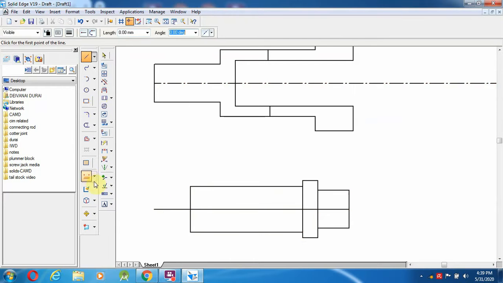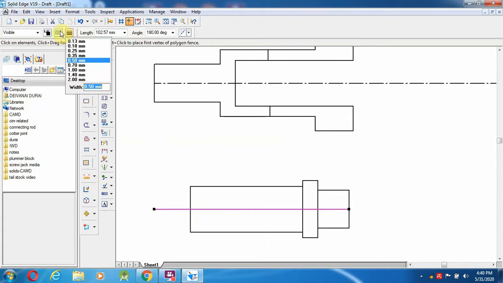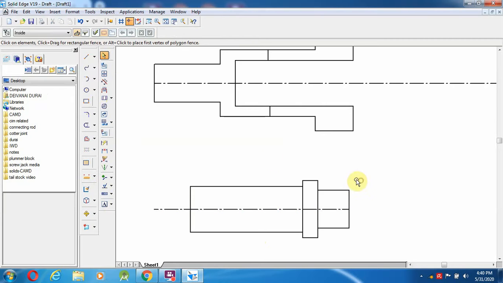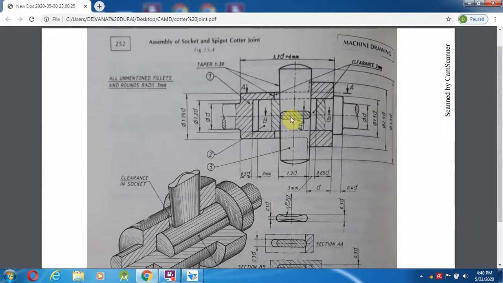After that select this mid one like an axis line. Okay, so after completing this, I am going to do the next step. So once this is over, now I am going to find the distance from here to this line. So that is 0.65d.